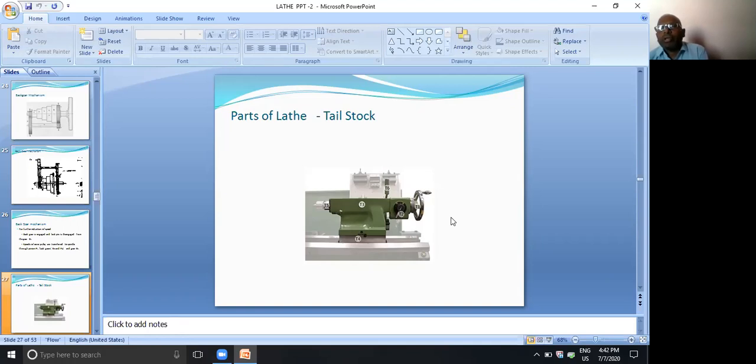If we observe clearly, each and every component has a large number of fastening devices: nuts, screws, keys, hand wheels. But we are not considering all of these as main parts. It is not good to consider all the screws and hand wheels as individual parts. All these parts are used to assemble and integrate the main four parts. With this, so far we have completed the topic.